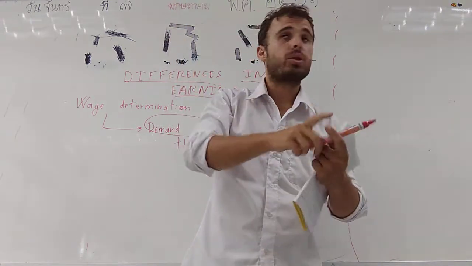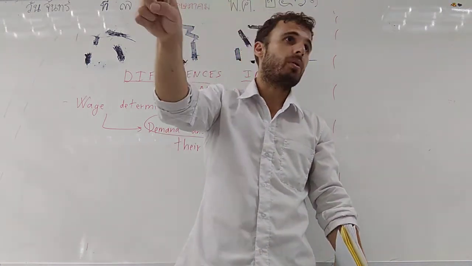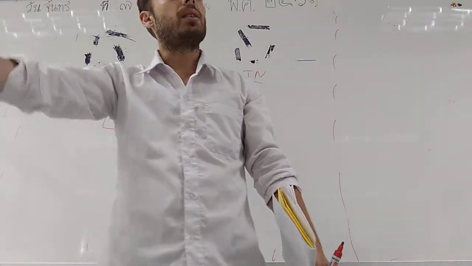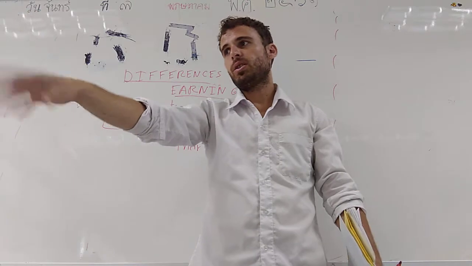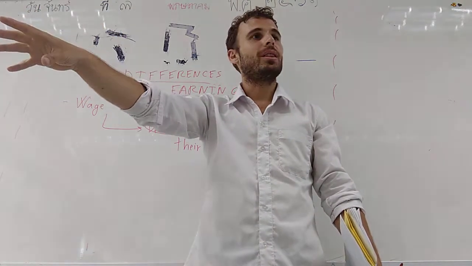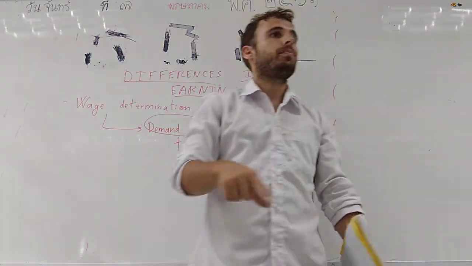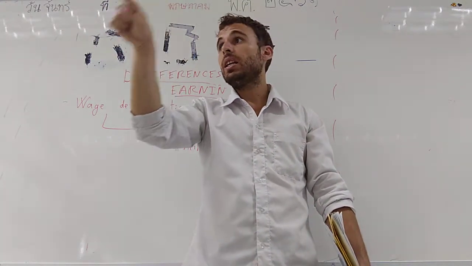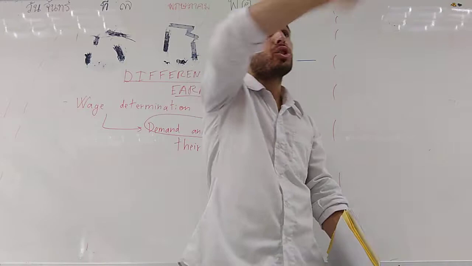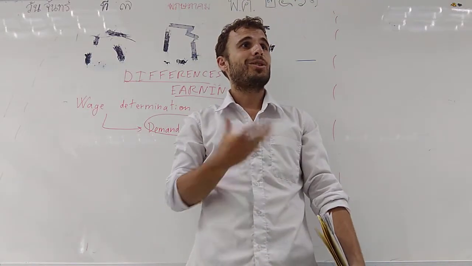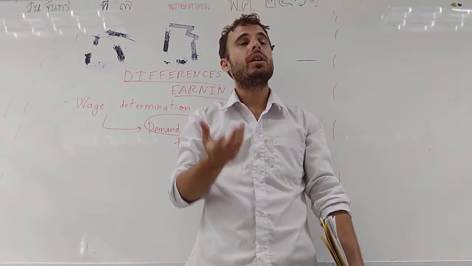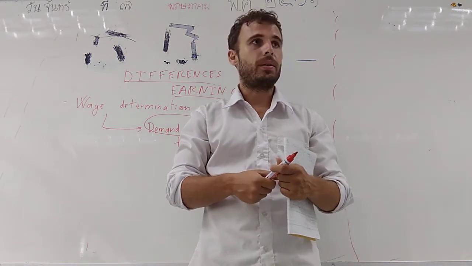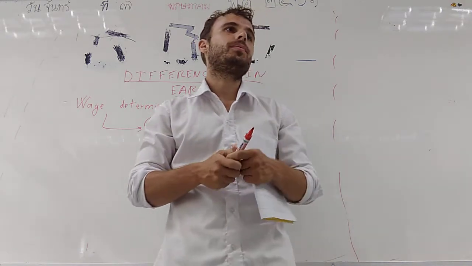Now, imagine a different situation. Before, it was one restaurant, Rachel's restaurant. Now I have Rachel's restaurant, Kevin's restaurant, Michael's restaurant. Guys, please stop with that. You have 3 restaurants and just 2 waiters. All of them need 1 person to work. So they need 3, but you are 2. What is going to happen? Will the salary be higher or lower than in the previous situation? Higher. Why is it higher?